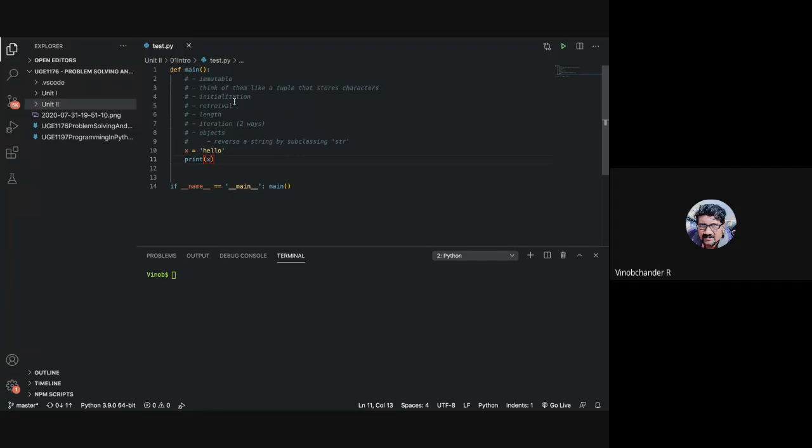So if you visualize a string as a list or a tuple that stores characters, and since you can retrieve the items within a list or a tuple using your subscript operator, you can also make use of the subscript operator to retrieve the characters within the string. Say for example, here I can say x of 0. This will give me the first character. It's 0 based indexing. All right.